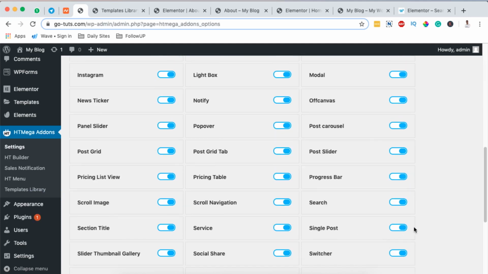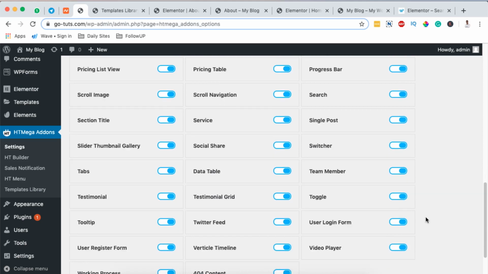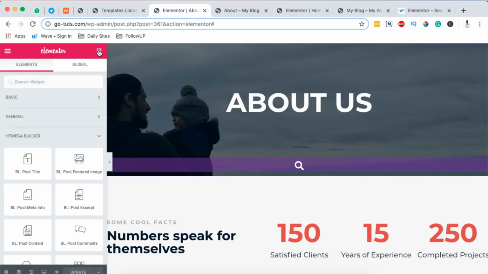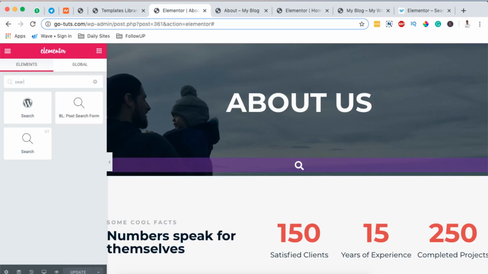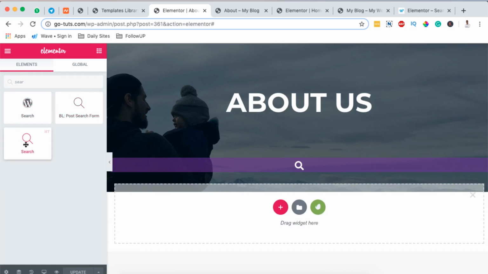Okay, so in this case, we will be in position to use a search widget in our Elementor or WordPress website. Now, when we go into any page that we want to add a search widget, then we will be in position to search for that widget called search, and we'll be able to add the search widget into any section of our website. Now in this case, I'm going to add a new section here, and now you realize that I have three kind of search widgets appearing in my results,